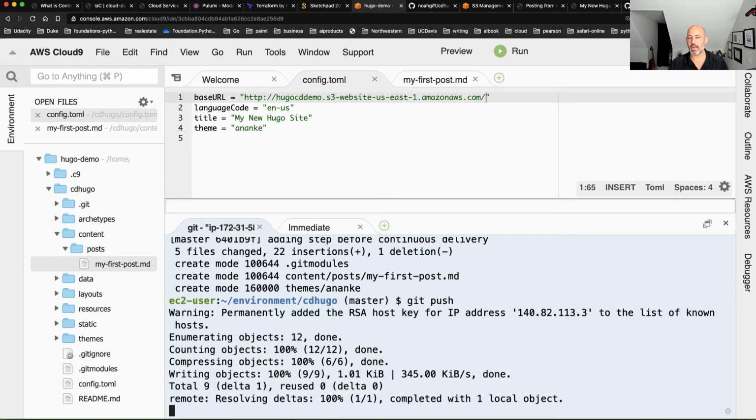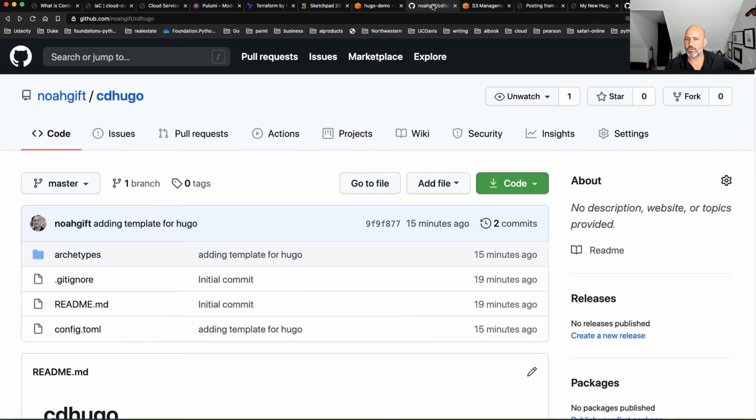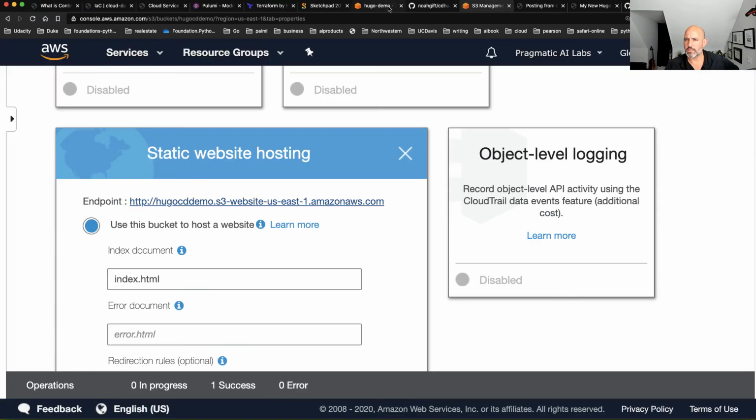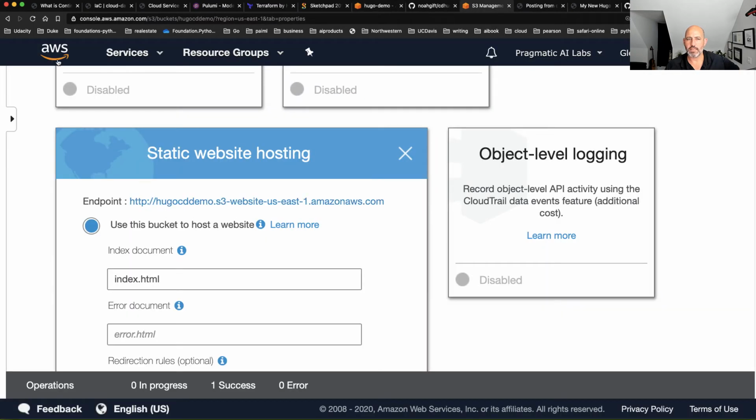Now let's do kind of the same things that we've done before with GitHub Actions, but we're going to add the step of also deploying the software automatically. So in order to do that, I'm going to need to go in and hook up continuous delivery with CodeBuild. So to do that, I'm going to leave all these open. I've got this open, leave that open. Let's just open up one more website. Let's open up this one right here. Let's keep it right there.